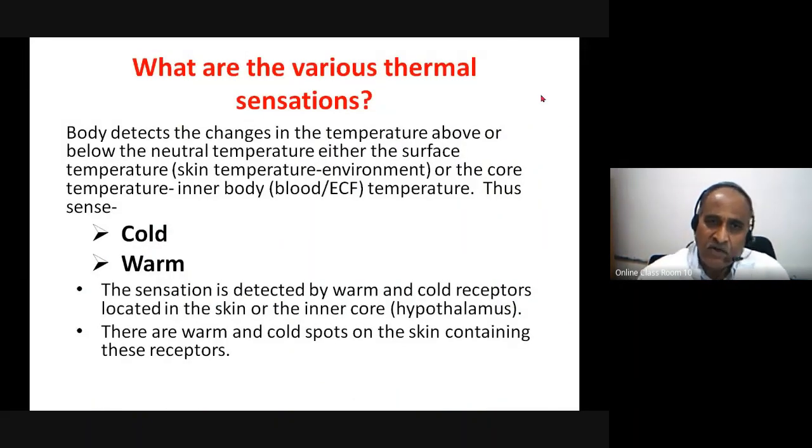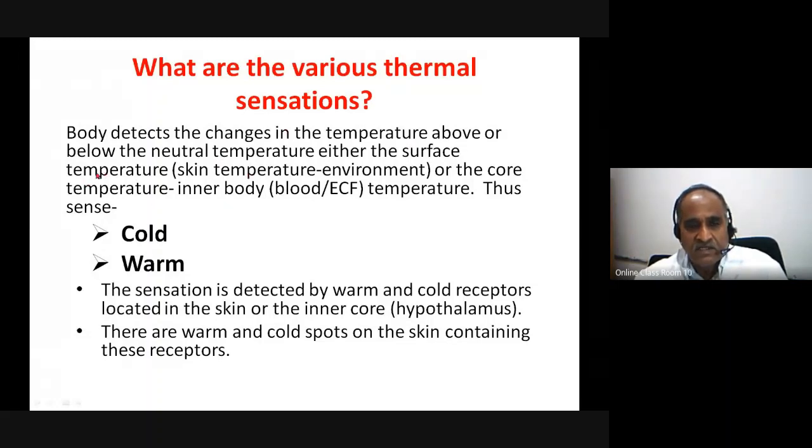Look here, our body detects changes in temperature above or below a certain neutral temperature. Anything above or below would be detected as hot or cold. The temperature thus is monitored by the receptors located on the surface of the body, that is, in the skin. So that means